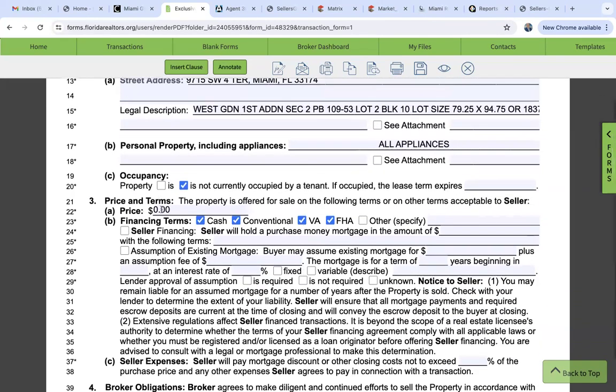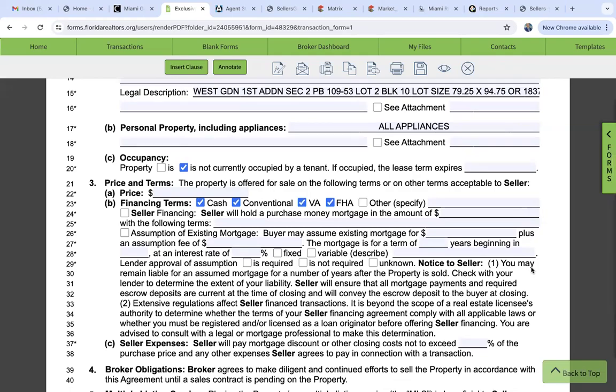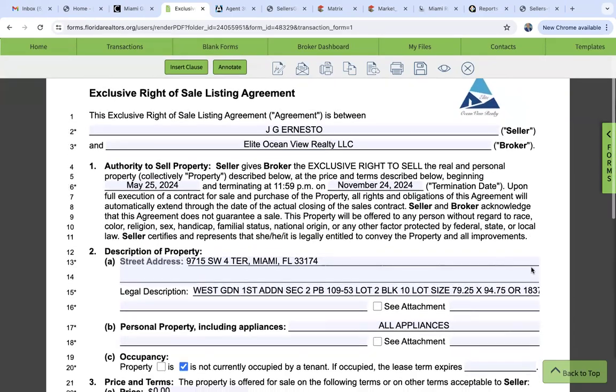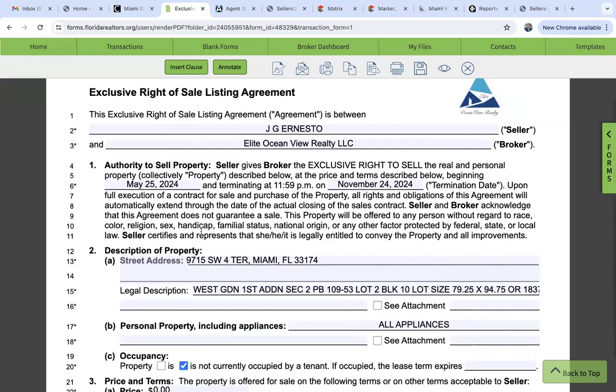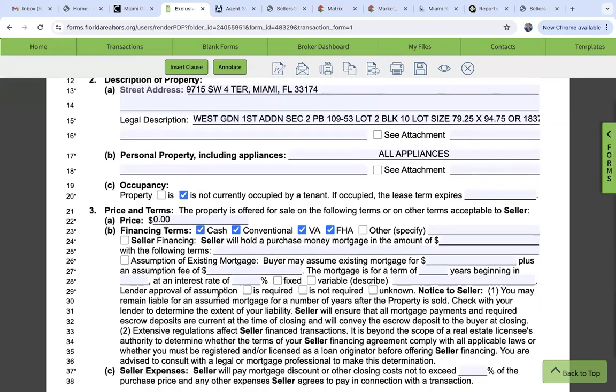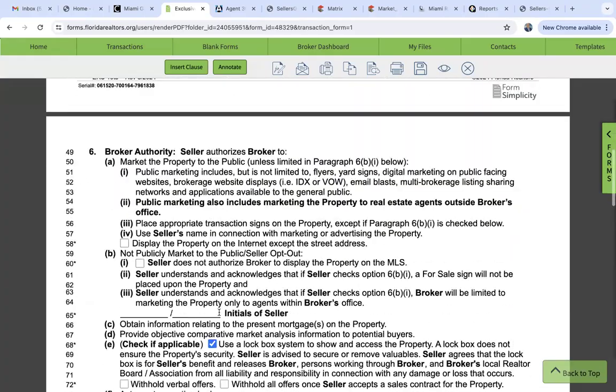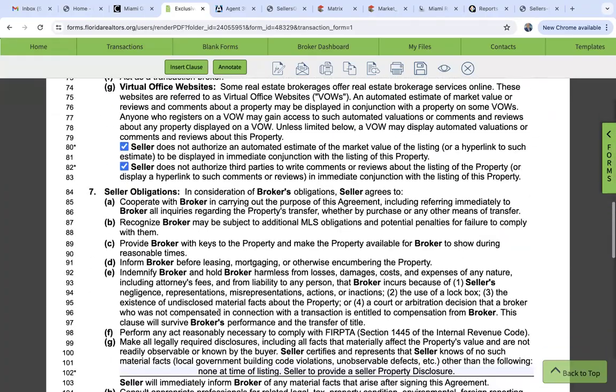All right, pricing and terms. What's going to be the price and terms? This property is offered for sale on the following terms, or on other terms acceptable to the seller. All right. Exclusive right of sale listing agreement. Go through this, enter all the information you want to enter, and then save it and take it with you